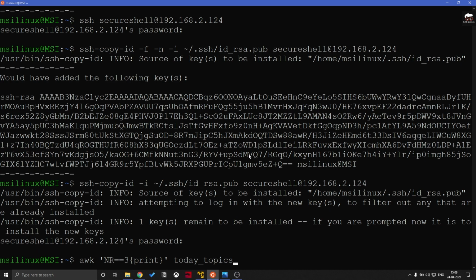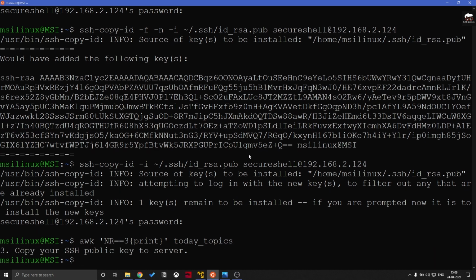Let's jump to our next topic, which is copying your SSH public key to the server. In order to copy your public key to the server, we need to hit a command like this: ssh-copy-id, provided by -i, and then you mention the directory path where your public key is present, and then the host and the IP of that particular server.